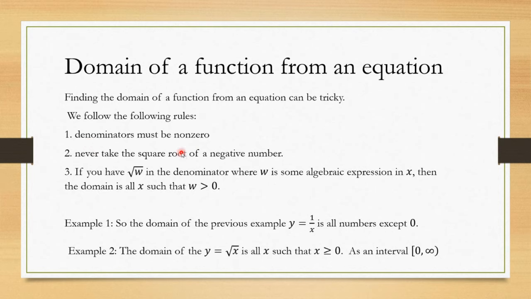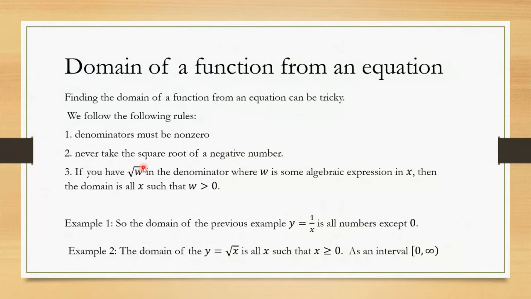Now, since we're not dealing with what's called complex numbers, you don't take the square root of a negative number. That's something you never do. And for 3, if you happen to have the square root of something, I'm calling it w, in the denominator, I don't know what's in the numerator for now, it really doesn't matter. But if you have the square root of w in the denominator,